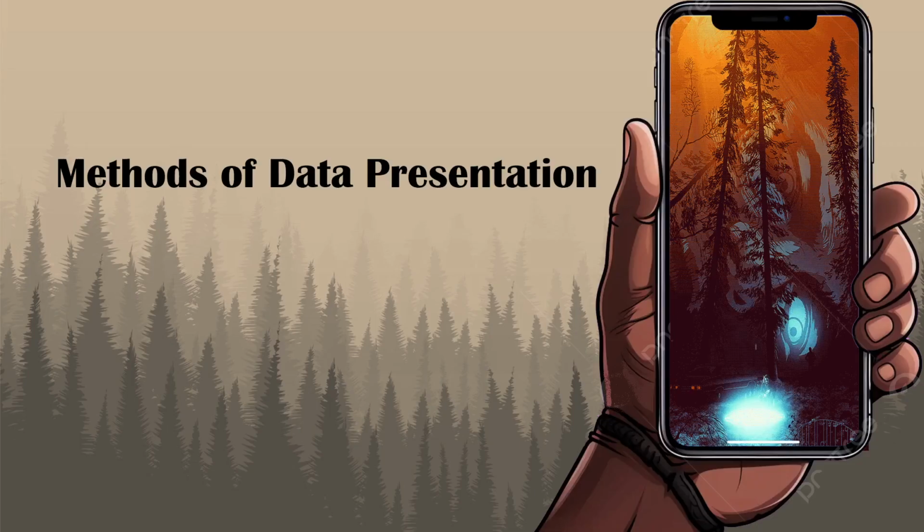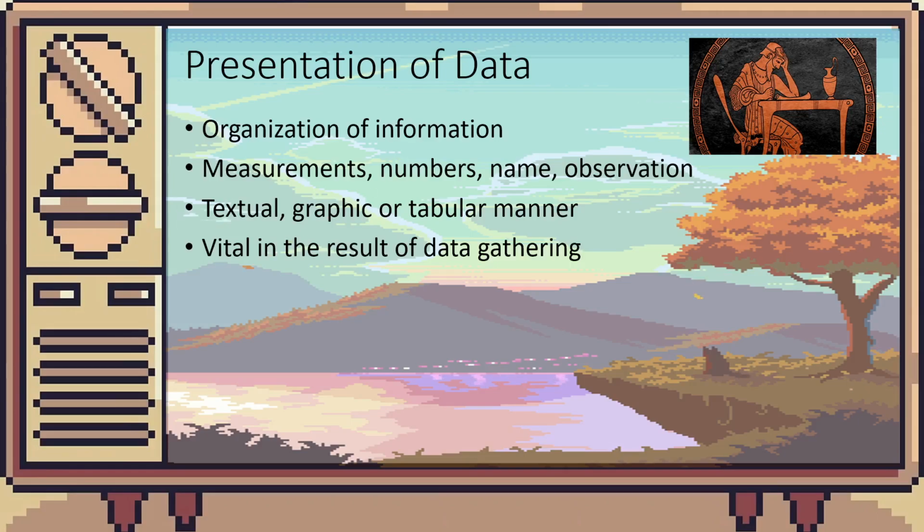This is how we try to present our data and show others how we gathered the data, what is the relevant information on that data, and what are the key points that need to be understood in order for us to present our data and our research accurately and correctly. Because it is kind of pointless to have the correct information but not be able to show or communicate that information. So it is vital as well to have the proper methods in presenting that data.